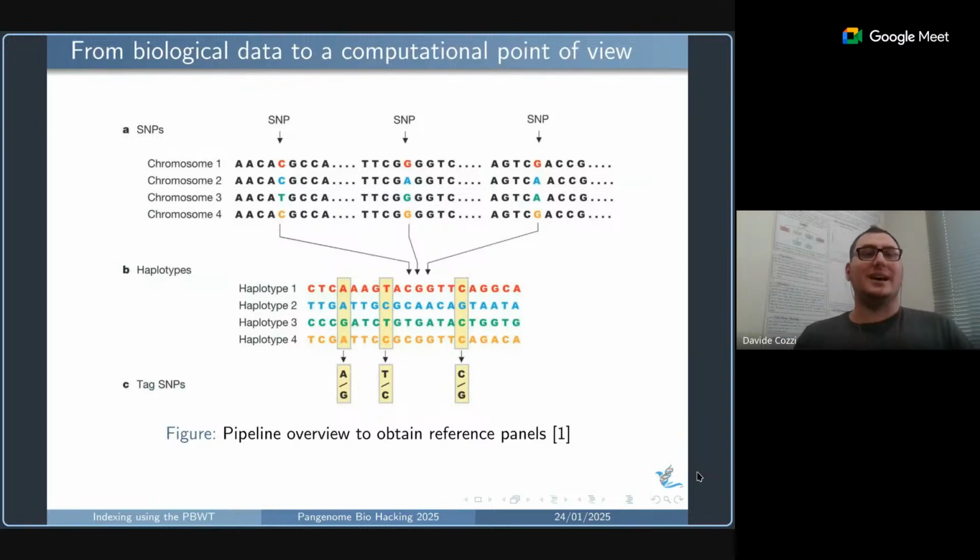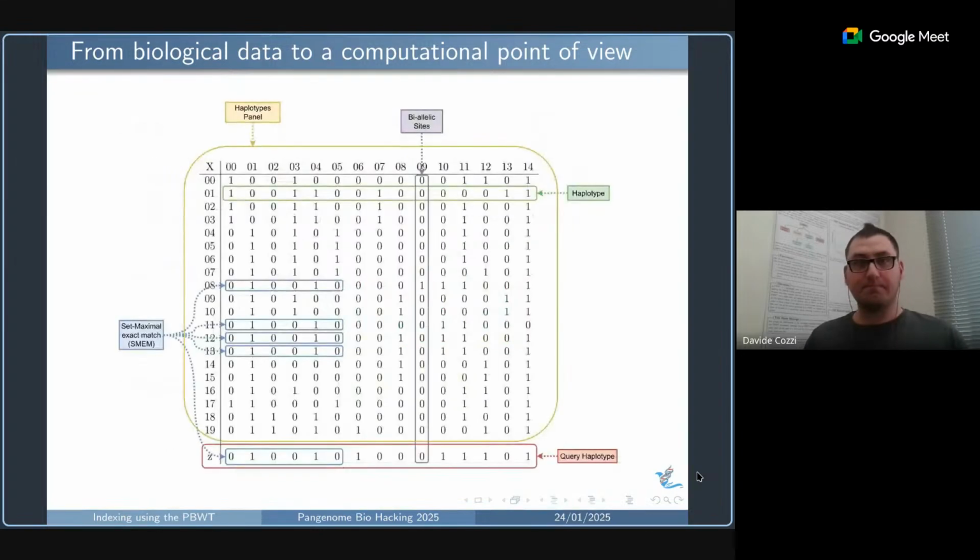You have seen this kind of pipeline many times in these first 3 days. We can think about our input data as a set of haplotype strings, but we want to focus exactly on the SNPs, on variation sites, in order to not study and not store in memory entire sequences, but just the minimum differences between them, in order to have feasible computational data to analyze.